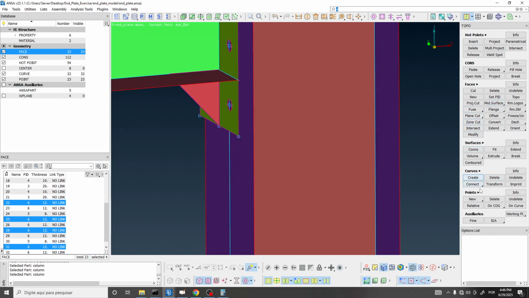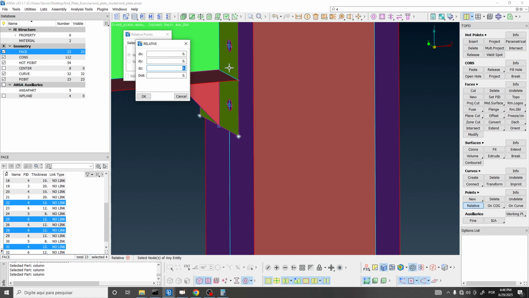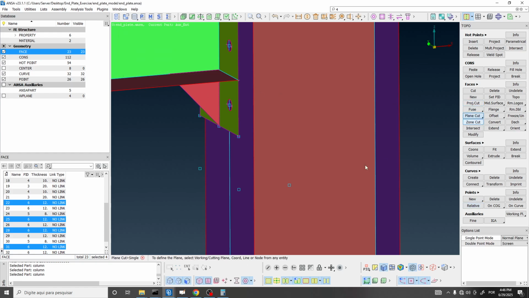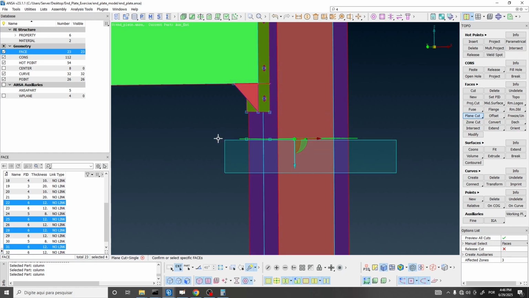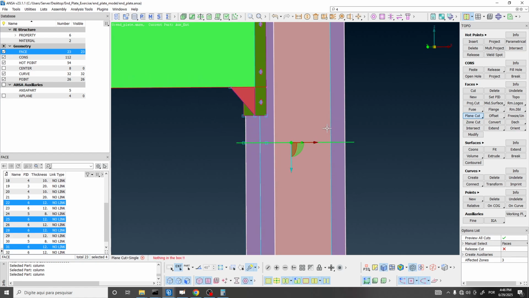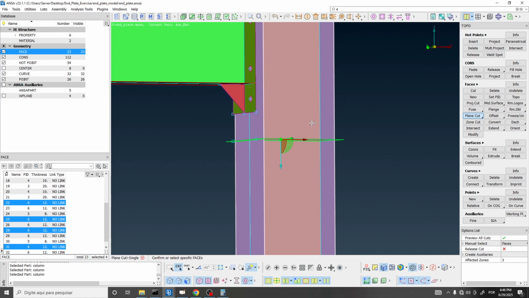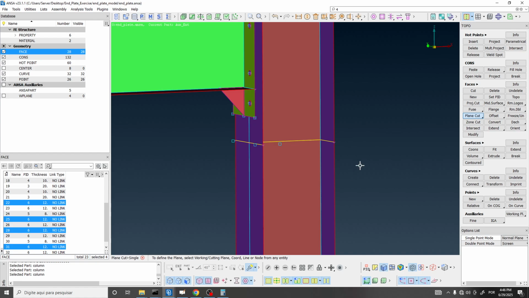So let's do this. Again, relative, these 2 points, middle mouse button, negative z direction, 100, click on OK, click on this one, middle mouse button, x direction, 100, click on OK, then plane cut, single, select the 3 points, and then position the camera like this, create a box selection to select the faces. And by the way, it works both ways. So create a box selection like this, and then we have all these faces, middle mouse button, and then